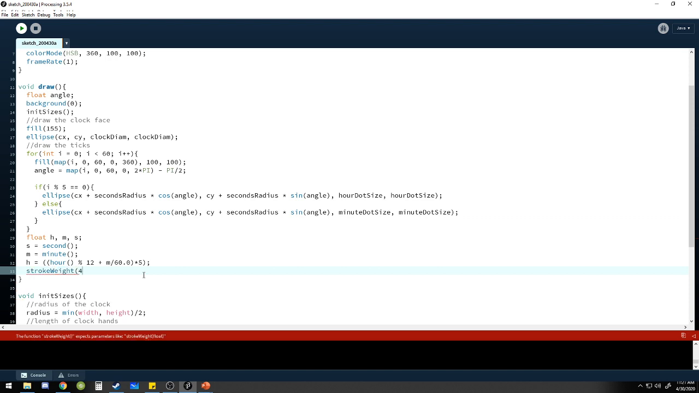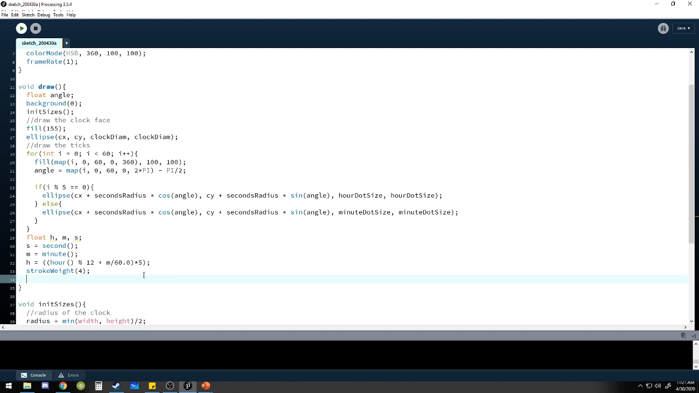And let's make it 4, because the hour hand's typically a little thicker than the other two hands. What we're going to do is almost the exact same thing that we did before. So what we're going to do is 4